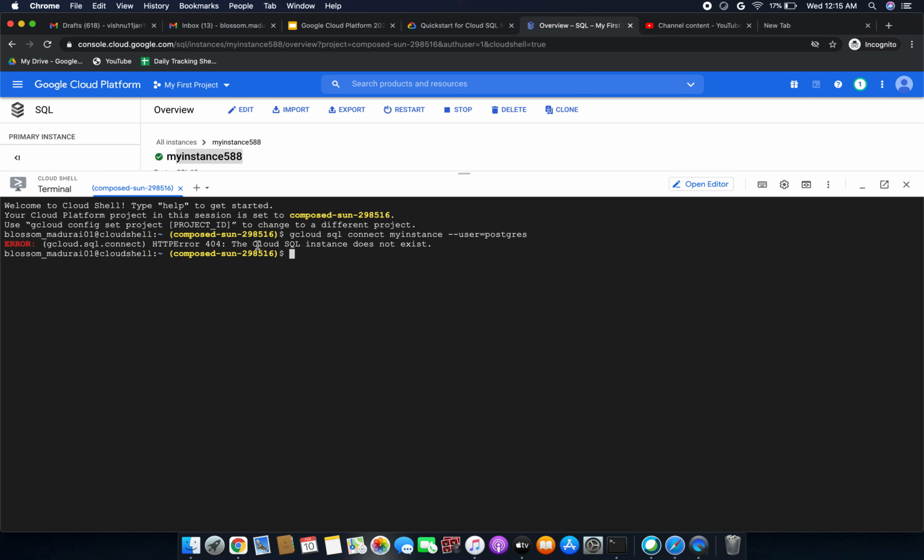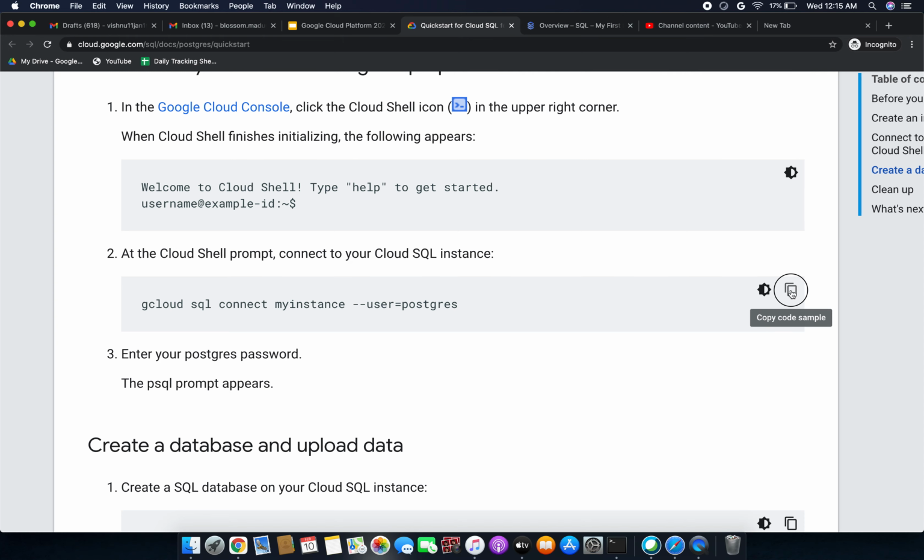So an error is coming: the Cloud SQL instance does not exist. Okay, I'm sorry for that. I have given the wrong instance name. So just remove it, Control V. I'm going here, just copy here.